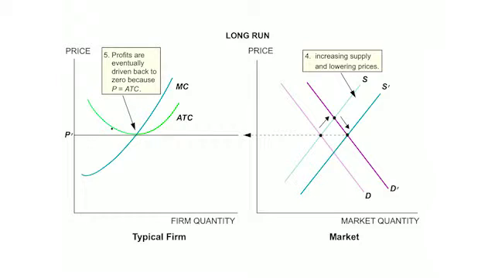So the new equilibrium represents a situation where price equals average total cost, just like the old equilibrium. The only difference now is that there's more produced in the market. You can see that the amount produced is larger over on the right of the picture. We've gone in this direction,